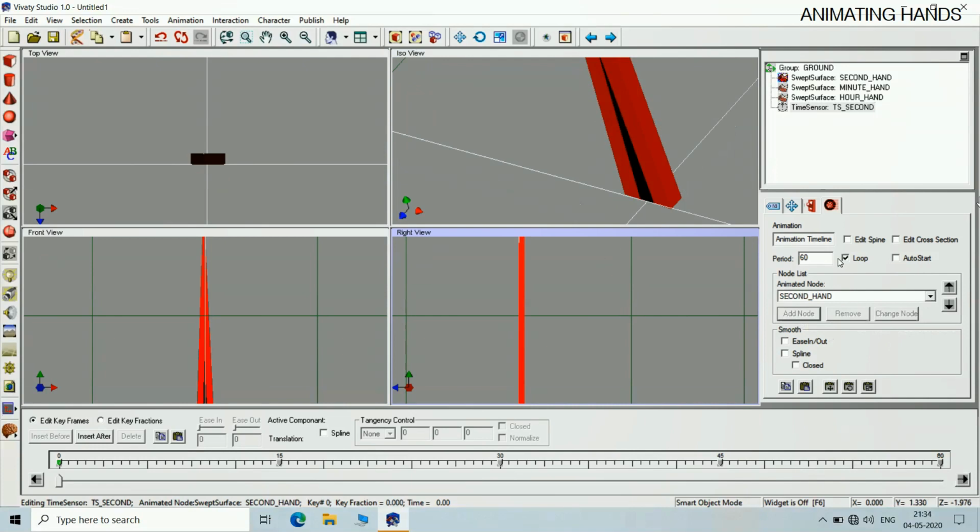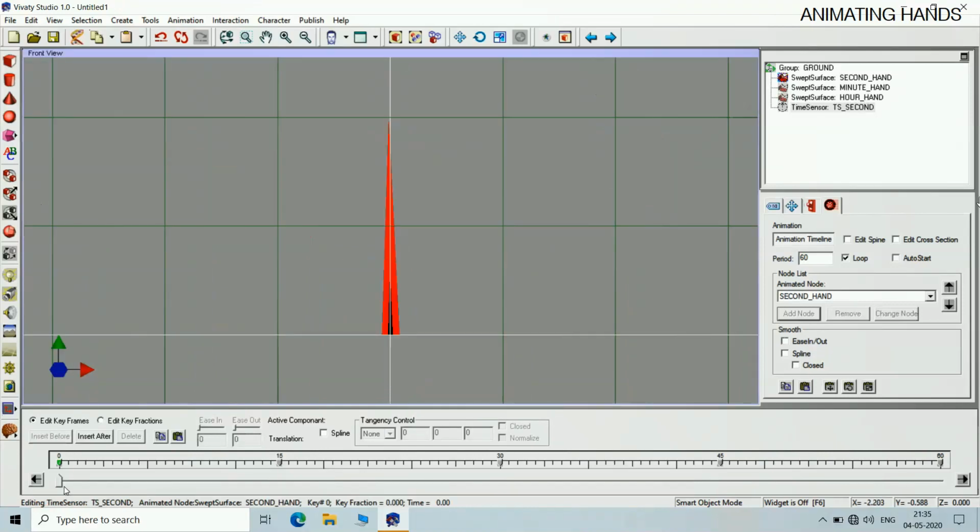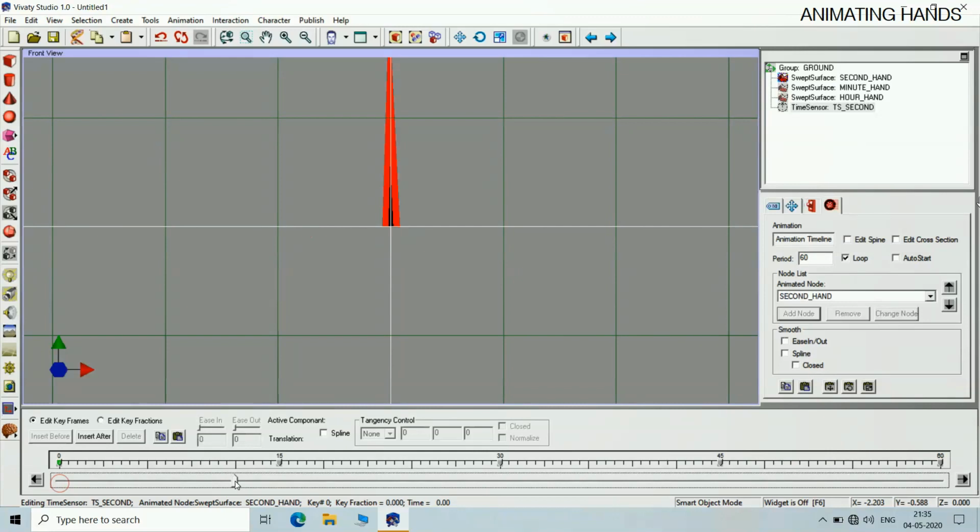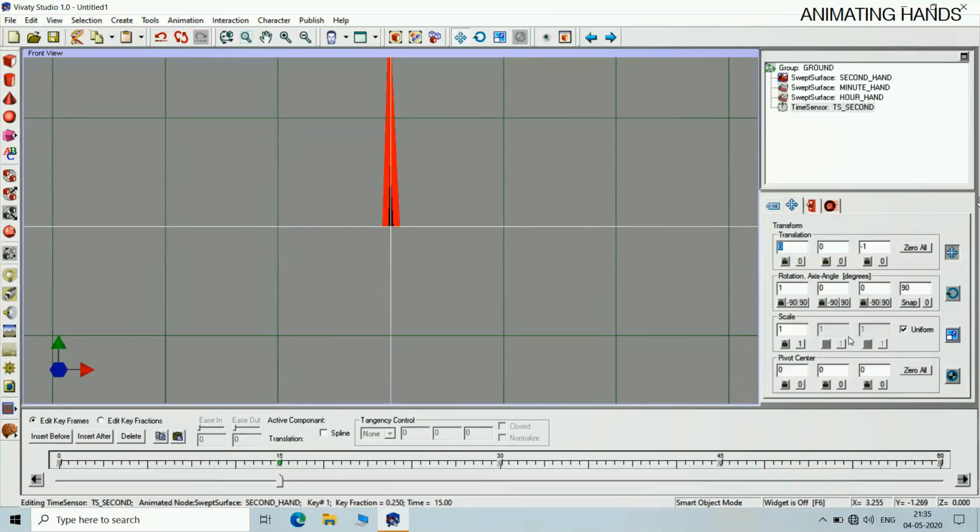Now animate for the 60 seconds. In this particular view, our animation will be fully visible. Press twice.